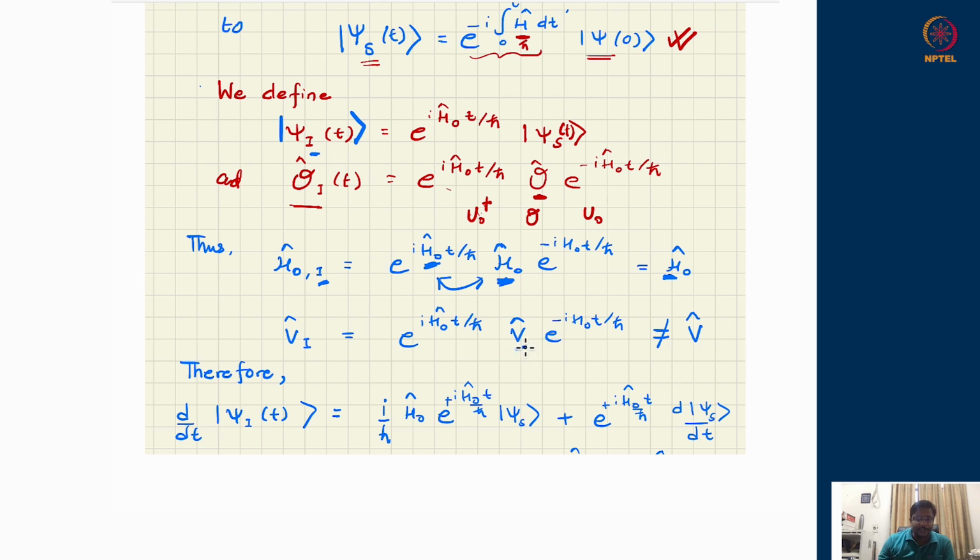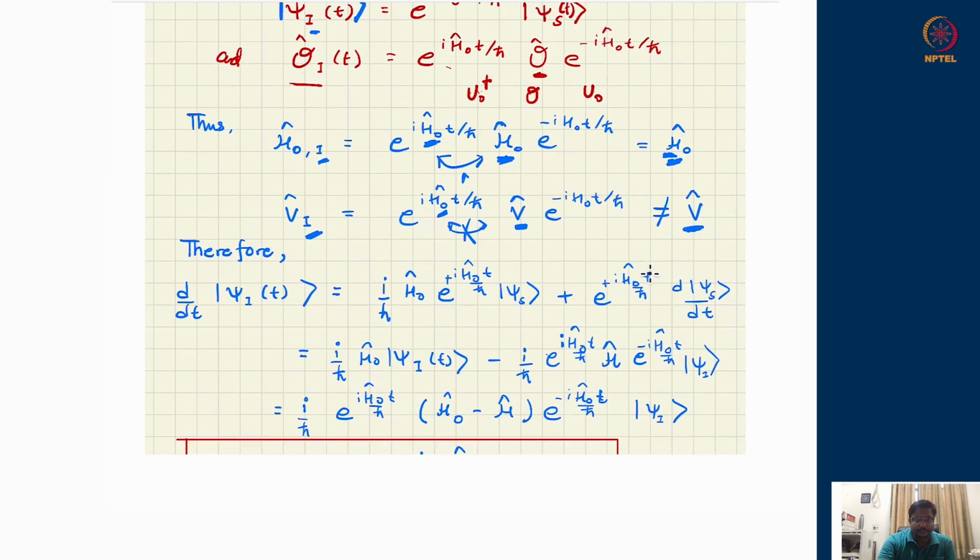However, if I do the potential, as we discussed, potential does not commute, or the interaction Hamiltonian, the perturbation Hamiltonian, which I'm now calling V, it could have been H primed or H1, whatever notation you want. Since this does not commute with H naught, it will not commute with their exponentials as well, so I cannot flip anymore. So this flipping which I did in this step cannot be done here. So therefore, this will not be a unitary dagger, and I will not get a V back. So interaction picture potential is not equal to its original value. It changes, but the free Hamiltonian remains at the same value.